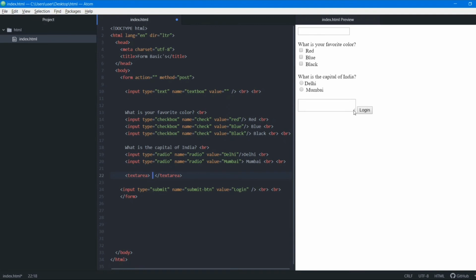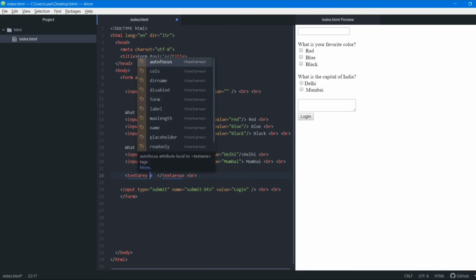Now you can see here that I can also resize this. Let me just show you. See, now I can resize this. I can enter my comments, my suggestions, anything here: numbers, alphabets, special characters, anything. So this is just a message box that I want. I'll just let it be empty. If I type something inside, you can see it will appear here. So this was creating a text box.